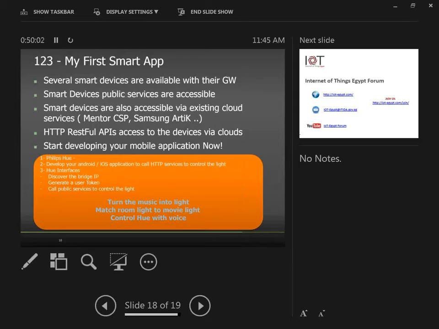So simply, if you buy that product and initiate a sequence of steps, like discovering the bridge IP, which is a public interface available from Philips Hue, generating a user token, and then calling services that control the light, you can put in your own mobile application or software that calls these interfaces and does things depending on other triggers, and create your own creative first IoT application.